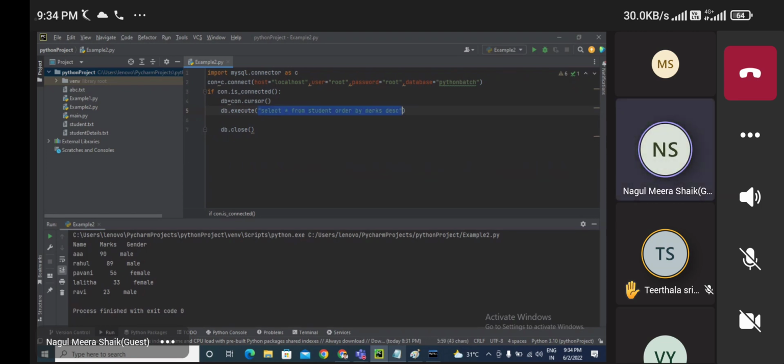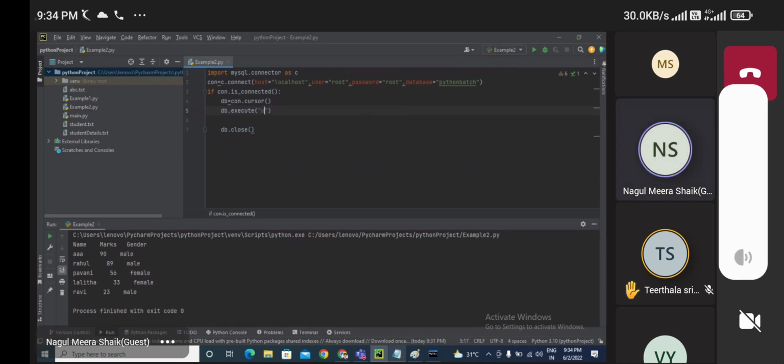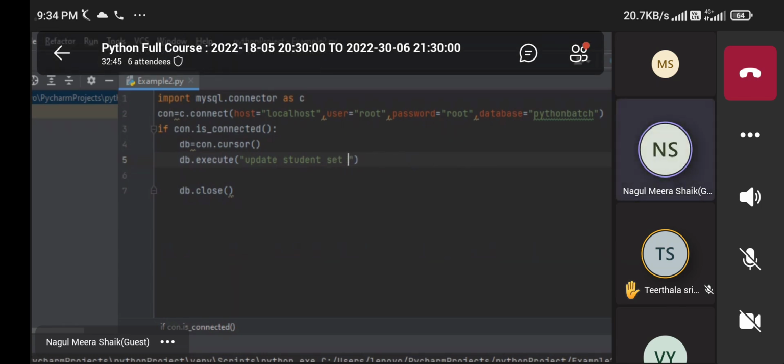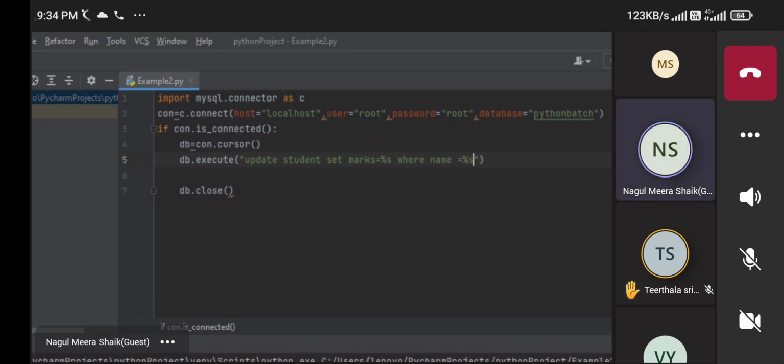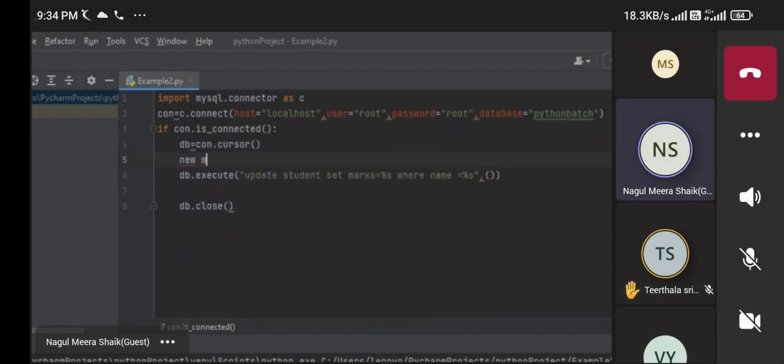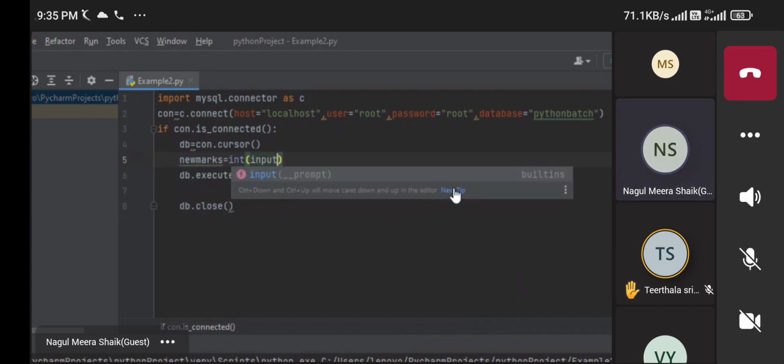Okay, I'm going to write one query here, that is update. Update the table name, and I can say set marks equals to the percentage, where name equals to again the percentage. I'm going to make this one dynamic again, and I'm going to say new marks equals to int of input,